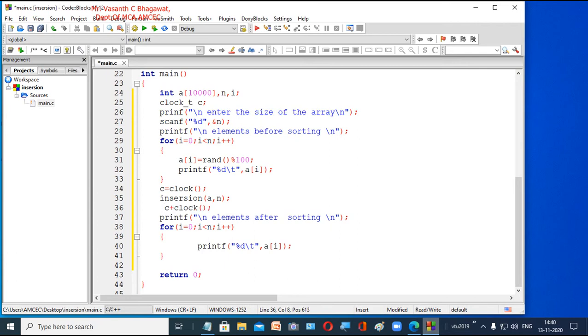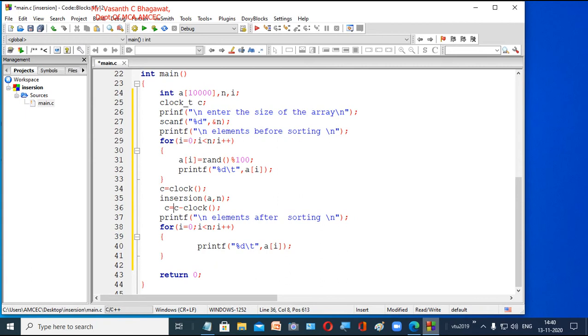C plus. So now C plus clock means this C is what we had previously, right? So just like in our previous program, not plus, it should be C minus, right? So C equal to C minus clock. So now this function clock will stop.